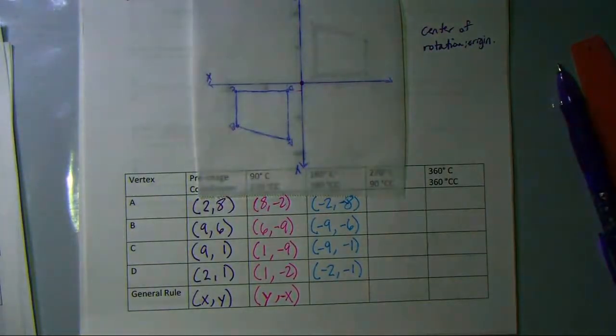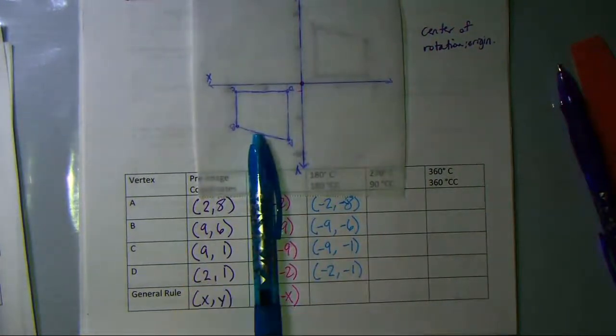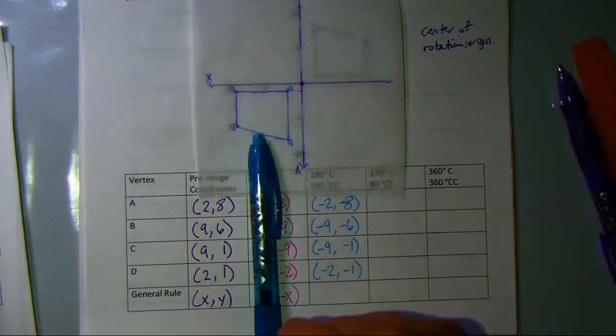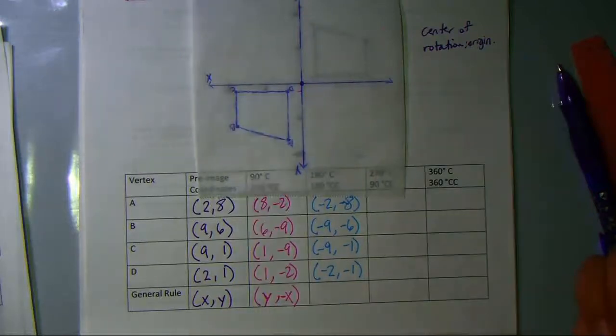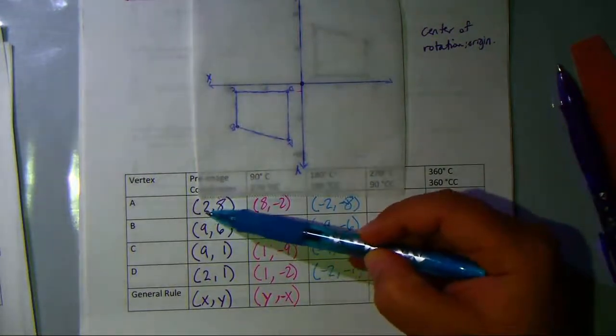Okay, so we're going to go ahead and compare these points now to our original pre-image points and try to see if we can come up with a general rule. Take a moment and think about it. Answer the question to see if you can identify what the rule is. Hopefully you picked the correct one, but if you'll notice, my A starts off as 2,